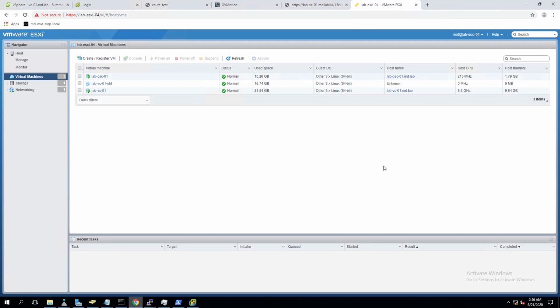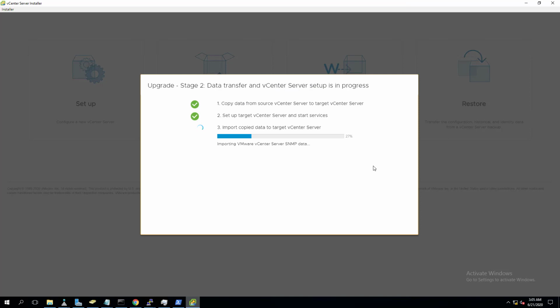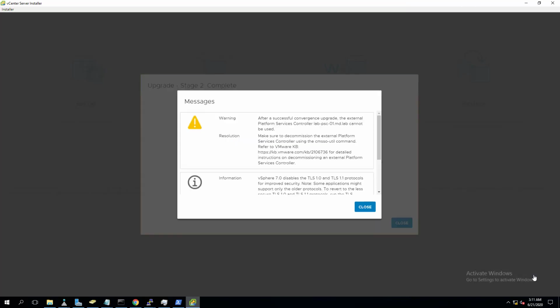So let's go to the ESXi host, because my vCenter server is down as I'm performing the upgrade of the same vCenter server. Let's connect to the ESXi host and validate. Yes, it has already powered off my old vCenter server, marked with -old. My new vCenter server is on, and it should be configured with the same IP address which we were using on the existing 6.7 vCenter server appliance. Okay, it started copying data to the target vCenter server, like importing.